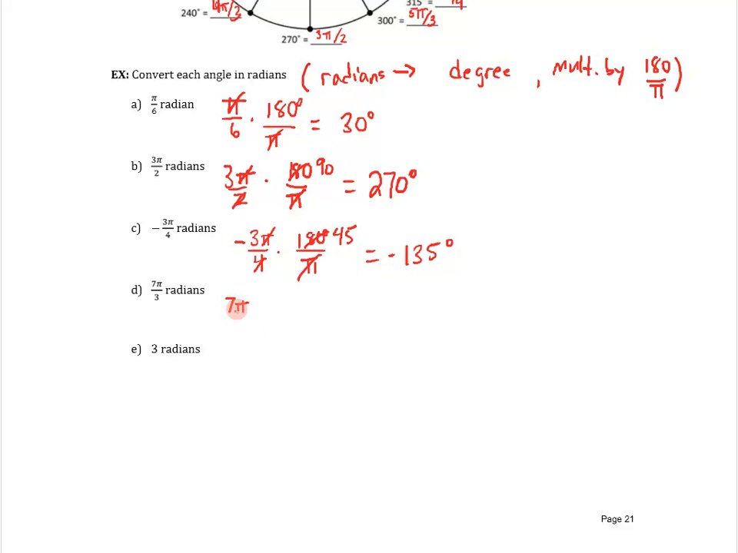7 pi over 3, done similarly, multiply by 180 divided by pi. The pi's divide out. 3 goes into 180 60 times. 7 times 60 is 420 degrees. Which, by the way, is equivalent, if you were to take 420 minus 360, then you would get